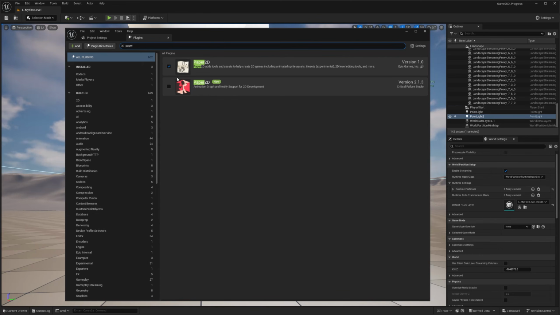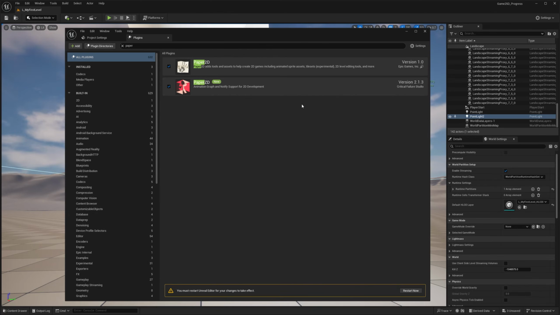A lot of functionality we use in PaperZD is simplified from Paper 2D, which is amazing. We save so much work and time. So I need this, right? We're working with this for this project, so I need to click on it, and then it's going to tell me that I need to restart. So just installing the plugins in the engine is not enough to have that in the project. On a per project basis, you need to go and enable the plugins that you might need. So for this right now, I'm going to enable more in the future, but just to illustrate what we did here, I'm just going to enable PaperZD, and I'm going to press restart. So I'm going to pause the video and come back in a second.